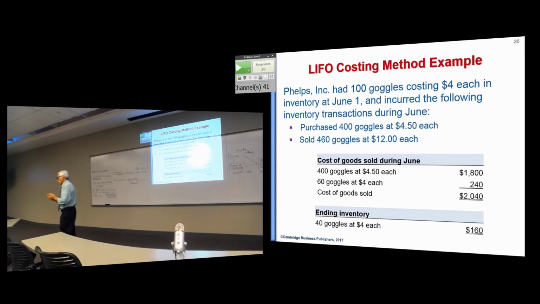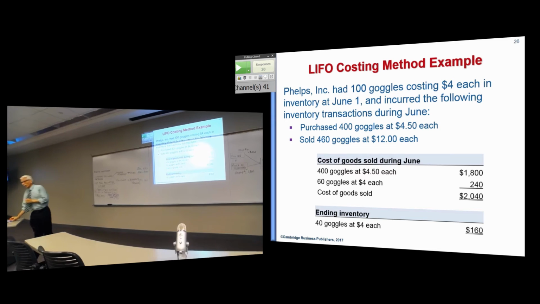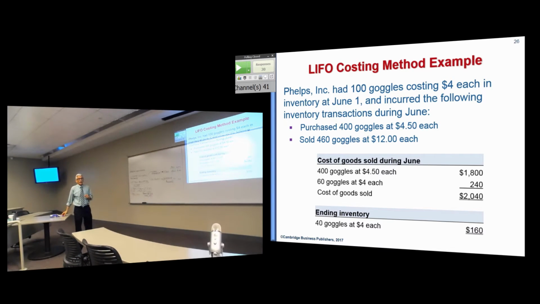But there's also another important point. The reason why LIFO is so popular in the United States, and companies like Ford, General Motors, Kellogg's, I mean, you name these companies, they make no sense logically. And that's why LIFO cannot be used under IFRS. It's completely senseless to use LIFO. It's not what you're really doing. But